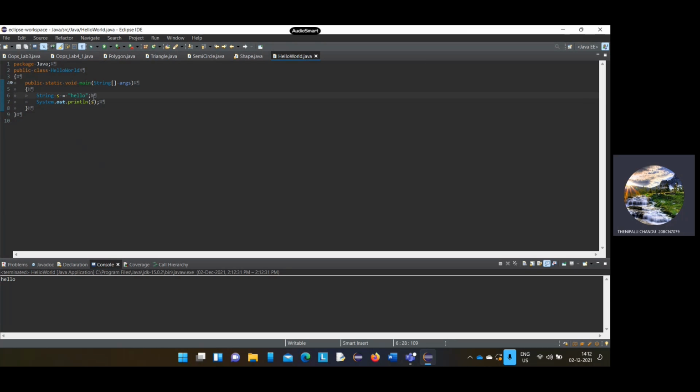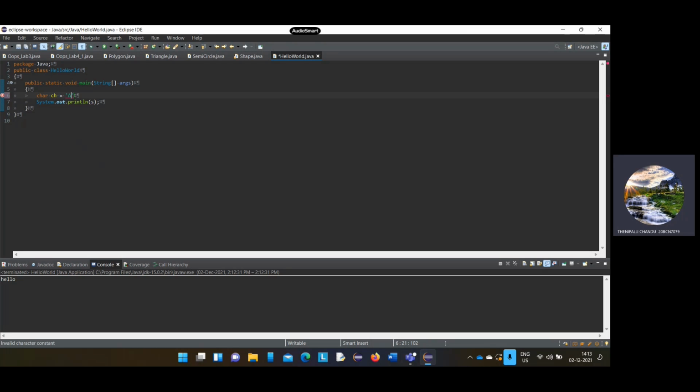So this is the basics, and today I have taught how to print Hello World and other words, and also how to initialize the values. Wait, I will tell you about character also. Character: char ch equals 'a'. If you are giving a character, then you have to use single quotes only.